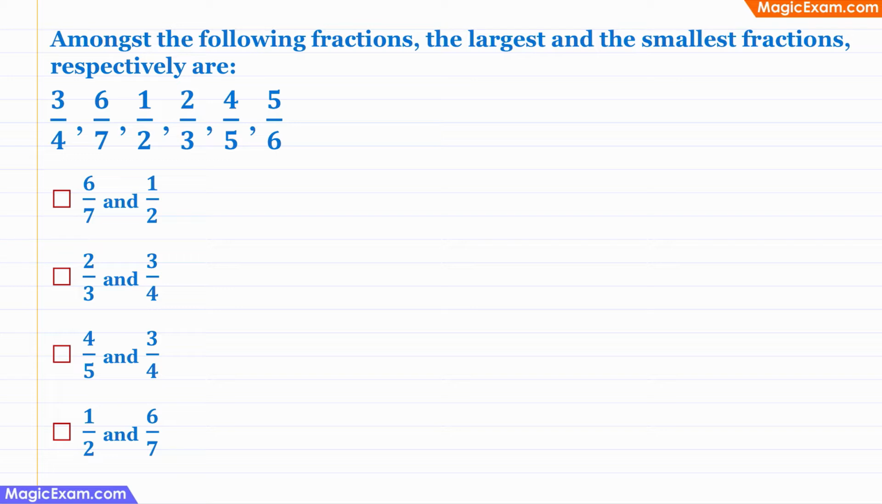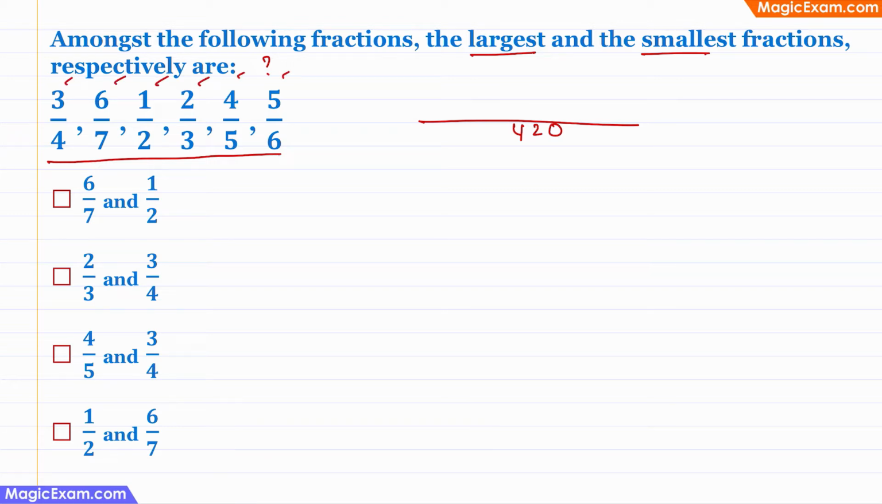Among the following fractions, the largest and the smallest fractions respectively are what? There are three ways of solving this problem. The first and the longest method is to convert all of these fractions into equivalent fractions. When we take the LCM of all the denominators, we will get 420. And then we will have to convert all of these fractions into the same scale, and then we will be able to compare this. Or the other and the shorter method is to convert these fractions into decimal points, and